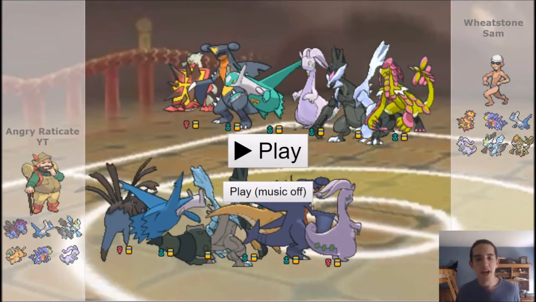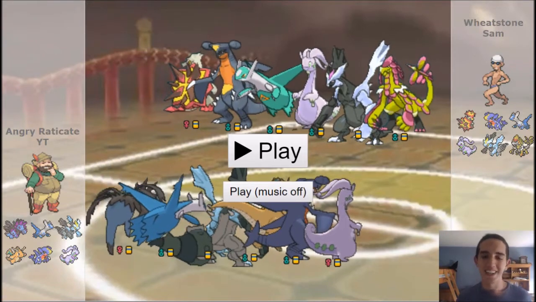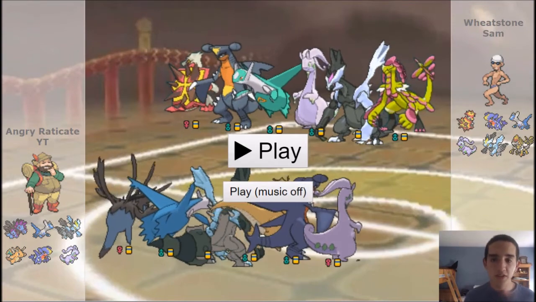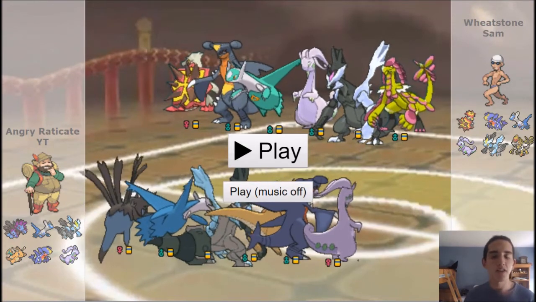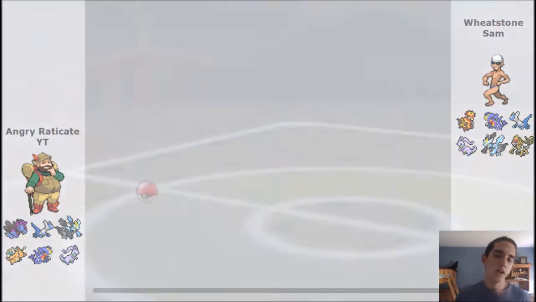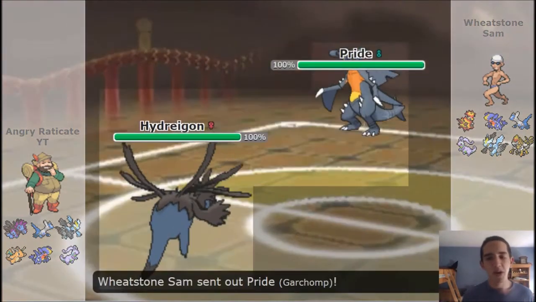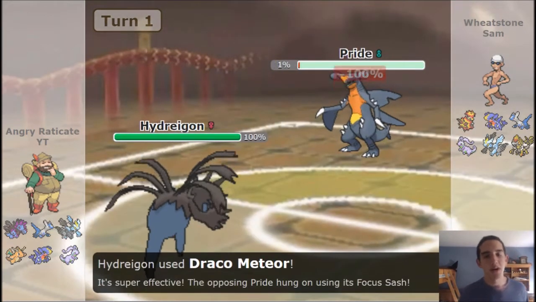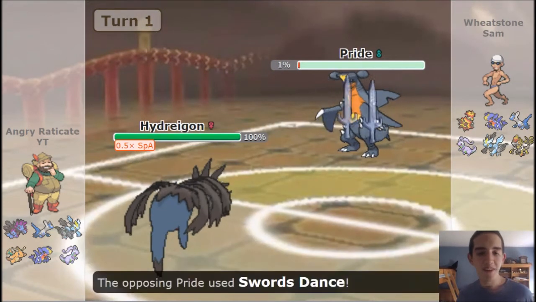Alright, up next we have a Dragon versus Dragon, a Ditto matchup, as I like to call it. Wheatstone Sam has a Tortinar, Garchomp, Latios, Goodra, Kyurem-Black, and a Como-O. I haven't really seen too much about Como-O, so I wasn't that worried about it. He actually has a Focus Sash Garchomp with Swords Dance lead, which was high risk here,